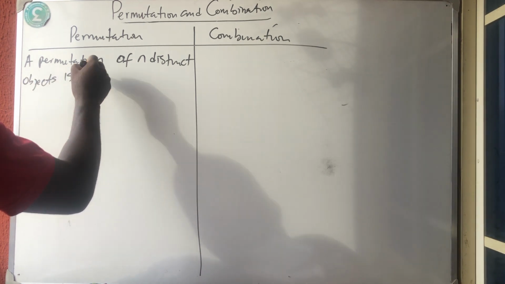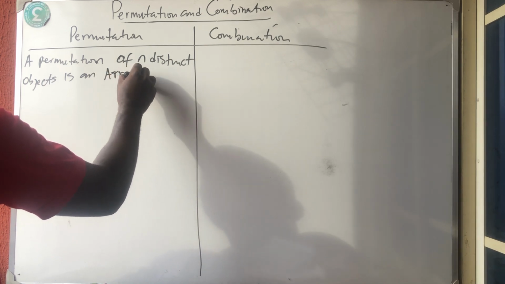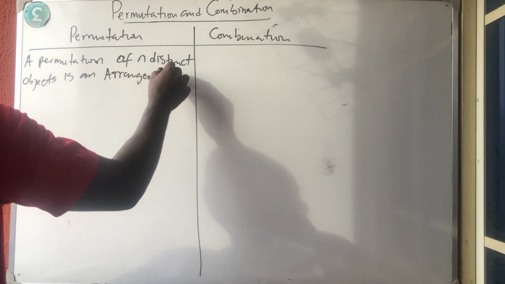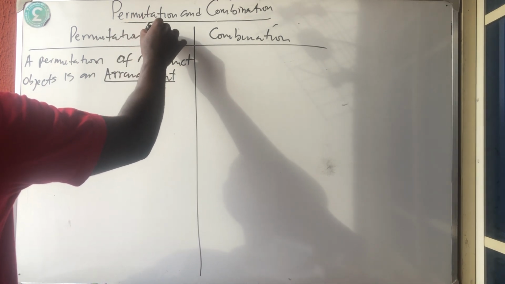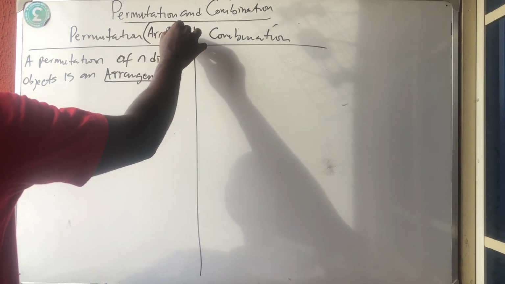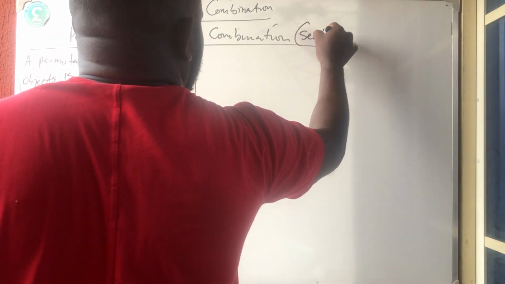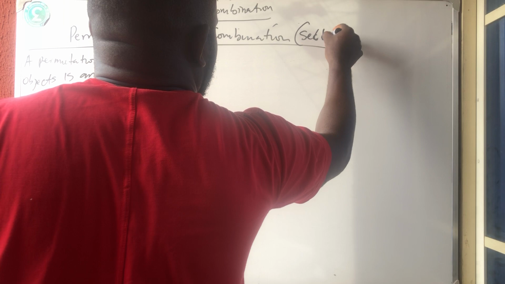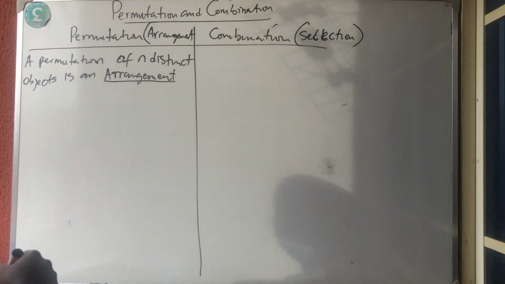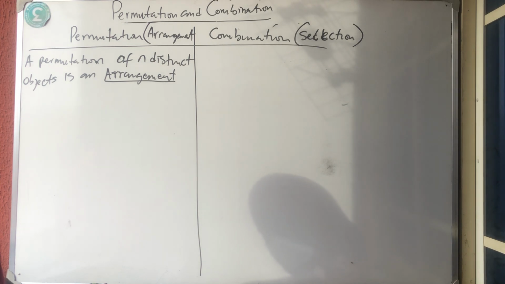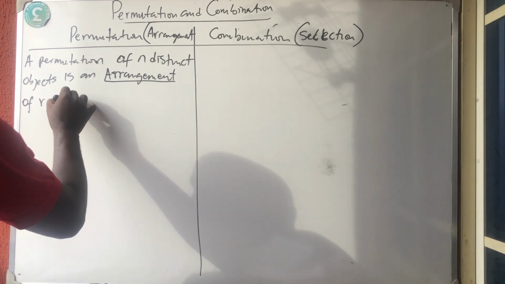Is the word arrangement. Very, very important. Please know that permutation simply means arrangement, whilst combination is selection. Permutation is arrangement, while combination is selection. So arrangement of r out of,